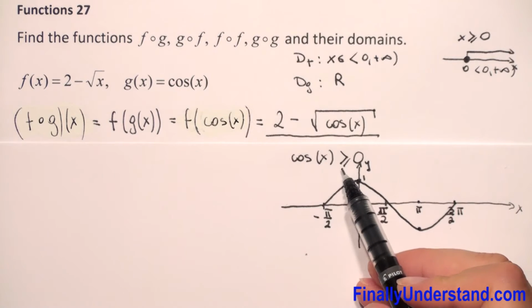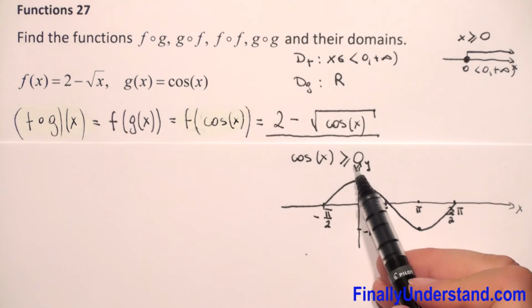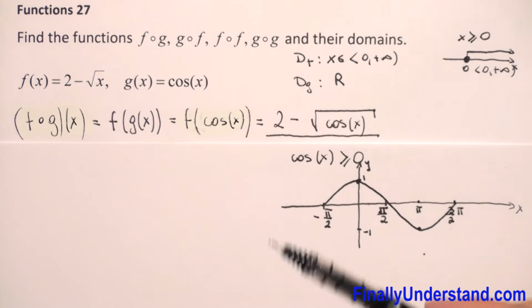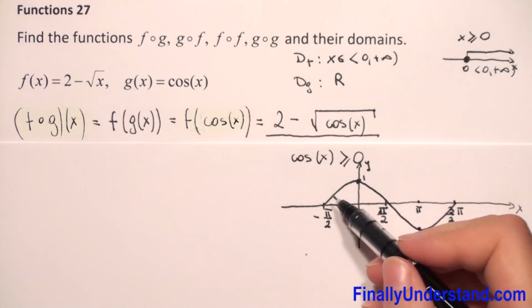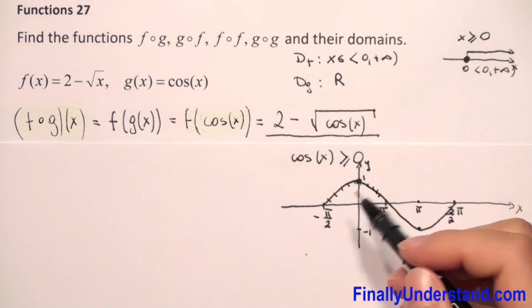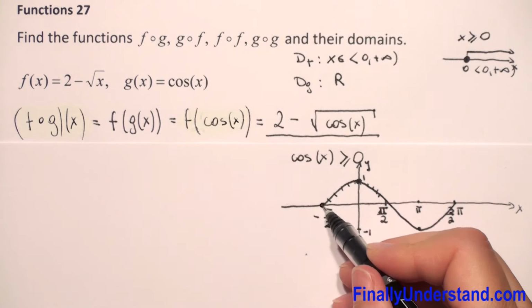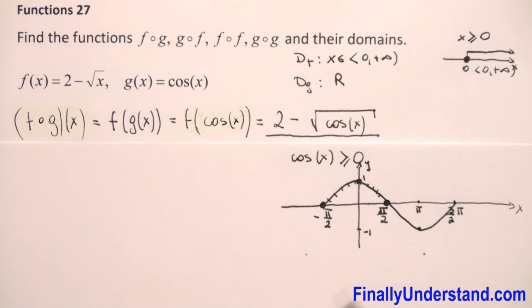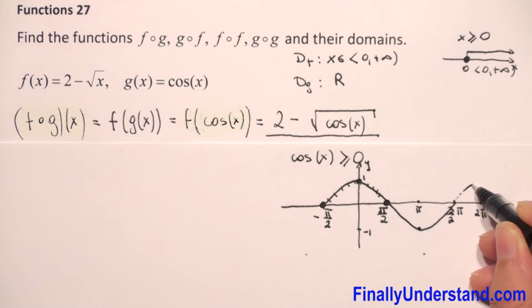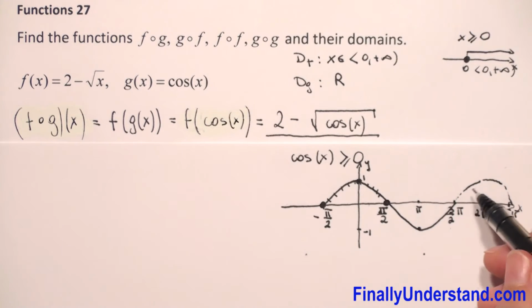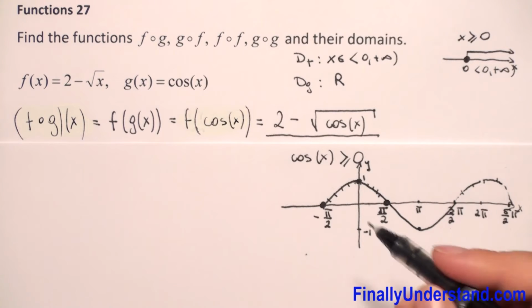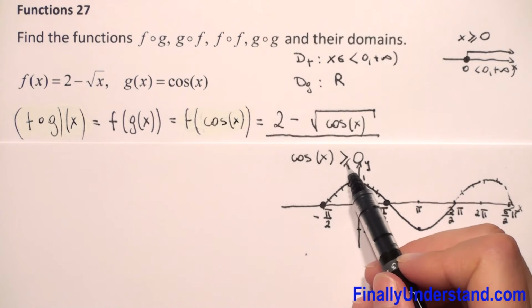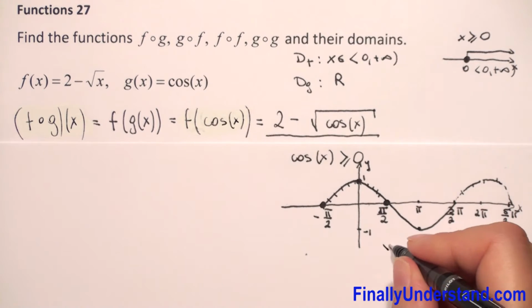Now we have to find the values where cosine of x is greater than or equal to 0. Greater value is whatever is above the x-axis. This part is above. And greater than or equal to, so it means negative pi over 2 and pi over 2 belong to this interval, and this will be 2 pi, 5 over 2 pi. Again, this part repeats. So we can write that cosine of x is greater than or equal to 0 for x